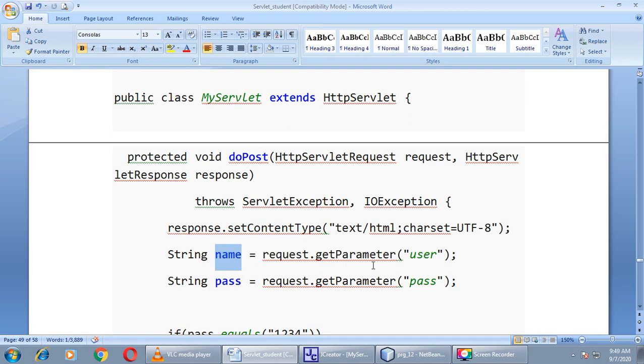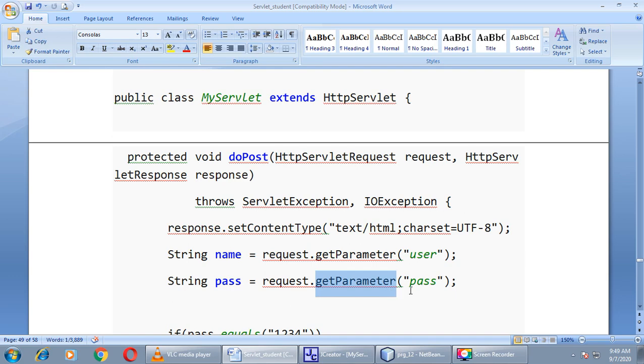How we can get the value of user text box? For that we will use request dot get parameter method. Similarly for the password field we will define one object with name pass of type string. Again we will use the same method, get parameter method. We can get the value of password field through request dot get parameter method.